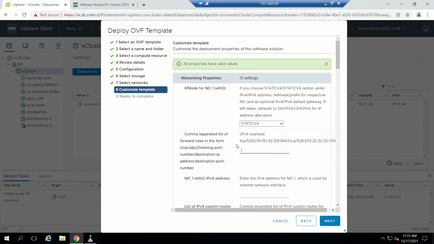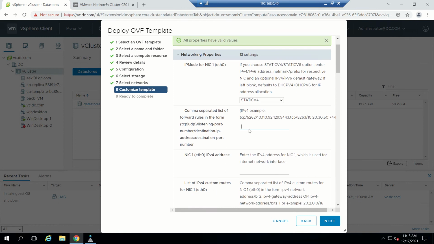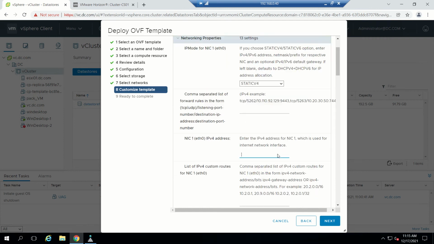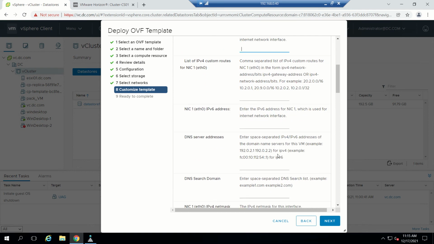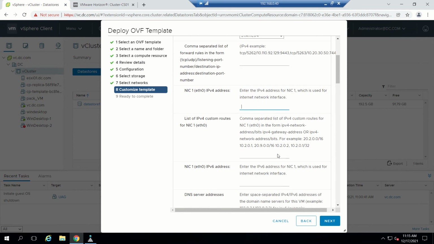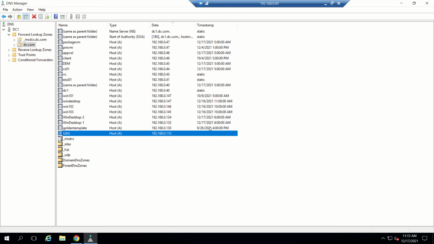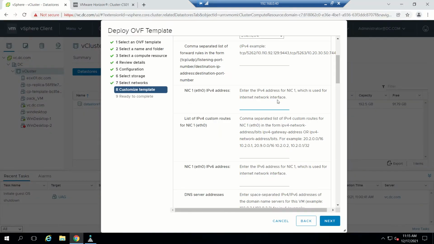This is for the forwarding rules. We don't have anything, everything is set to default. For the NIC IP, we need to provide the NIC IP, DNS, gateway, everything. So let me check my DNS. 192.168.0.110. Okay,